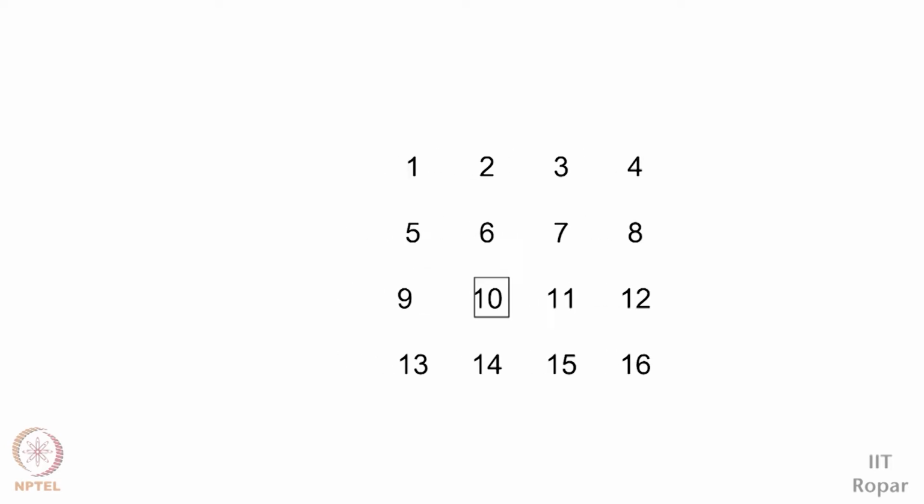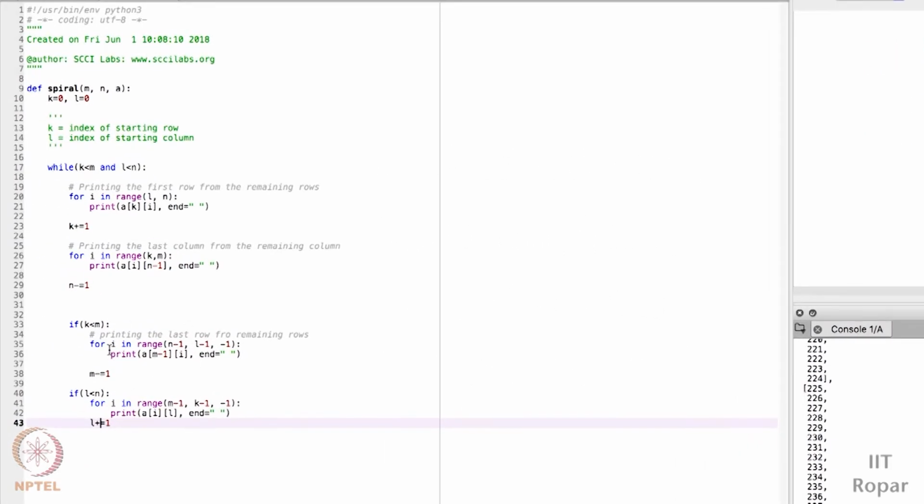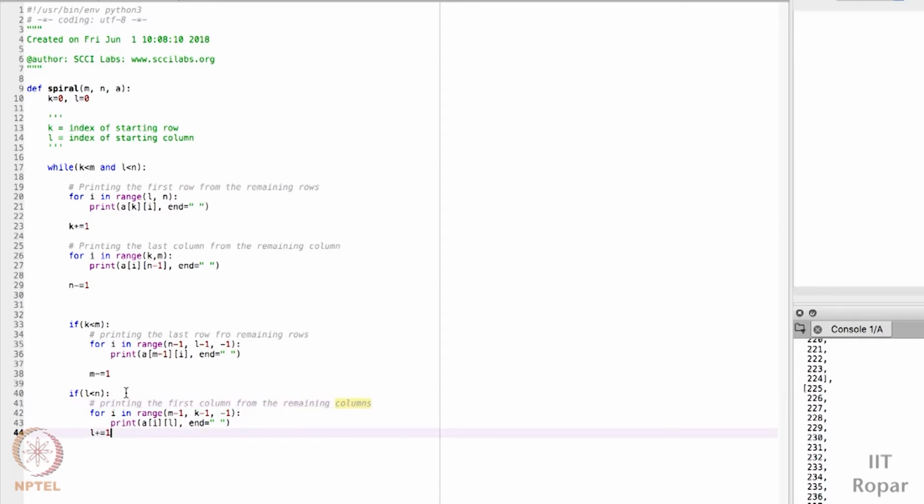Nothing is there, sorry. So this loop will take care of it. That's why I wrote this loop. So let me comment this again: printing the first column from the remaining columns. Awesome. This is done. Our program is ready.